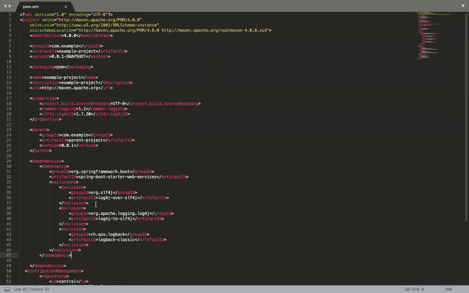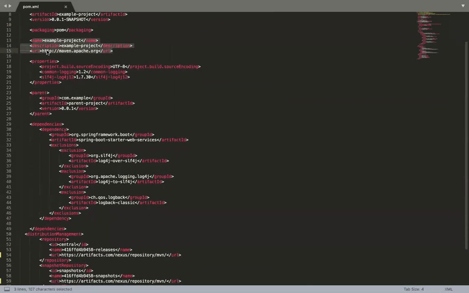Here we have defined a couple of things. Let's see what these are. Initially we have defined the project information here: the group ID, artifact, what version it is. I was working at a very initial stage, that's why I have kept the snapshot here. Then the packaging I want for my project, and the common information about my project.